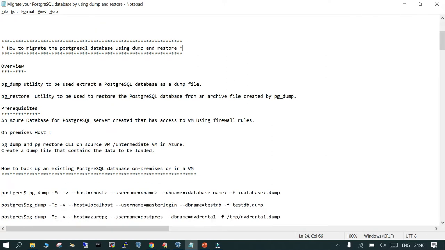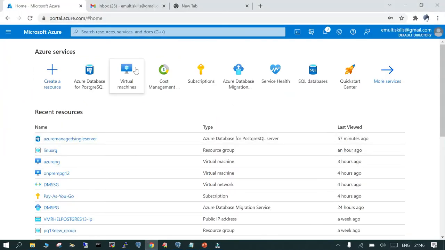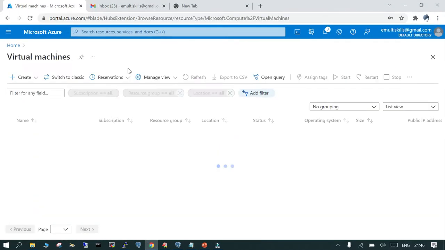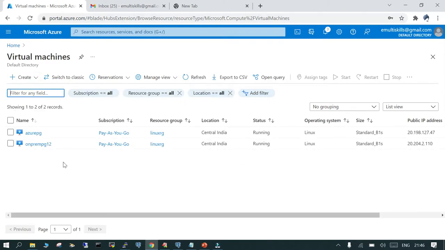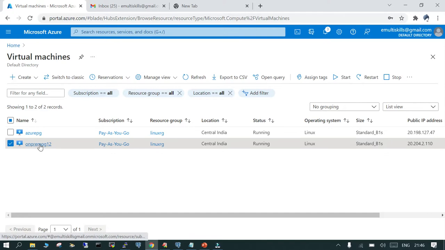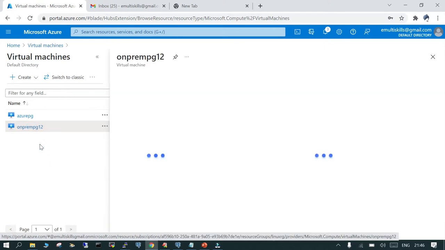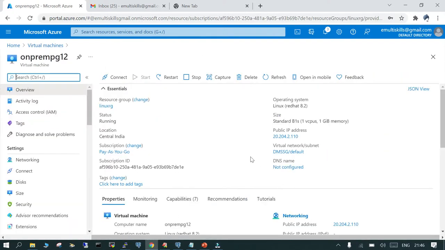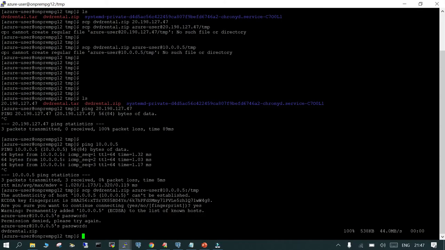So for this migration, we are going to use the pg_dump utility, which will be used to extract a PostgreSQL database as a dump file. I'll show you how our setup looks. For simulation purposes, we have created two virtual machines. The name of the first virtual machine is on-premises pg12. If you see this, we have this public IP, and if you log into that,